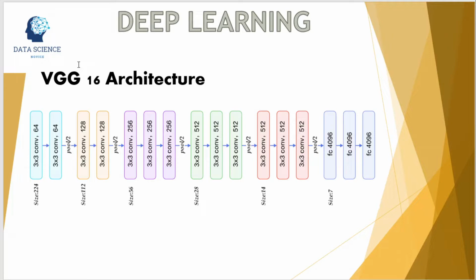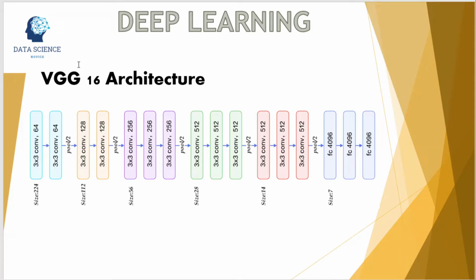The first two layers are convolutional layers with 3 by 3 filters, and these first two layers use 64 filters. The filters are 3 by 3 with stride 1 throughout the network. After this, we have max pool of 2 by 2 size and stride 2 to compress the image. A similar pattern is repeated throughout the network, and the only difference is the number of filters. Finally, we have three fully connected layers with 4096 neurons in each layer. Sorry, I forgot to draw the last layer in the network. It will be softmax with 1000 neurons, which is our output layer that predicts which class an image belongs to. So that's all from my side.